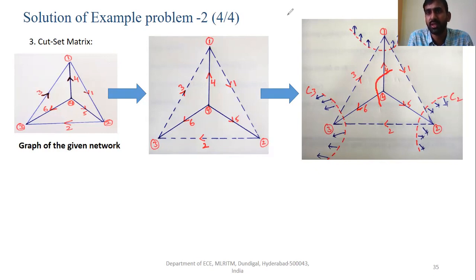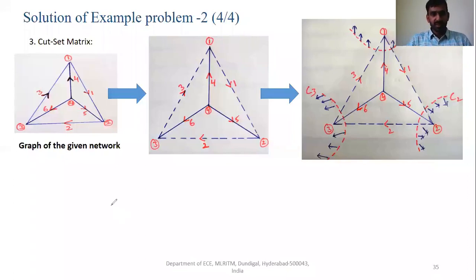Only 1 twig should be there. The cut set matrix is denoted using the letter C or Q, right? So let us take Q, capital Q.